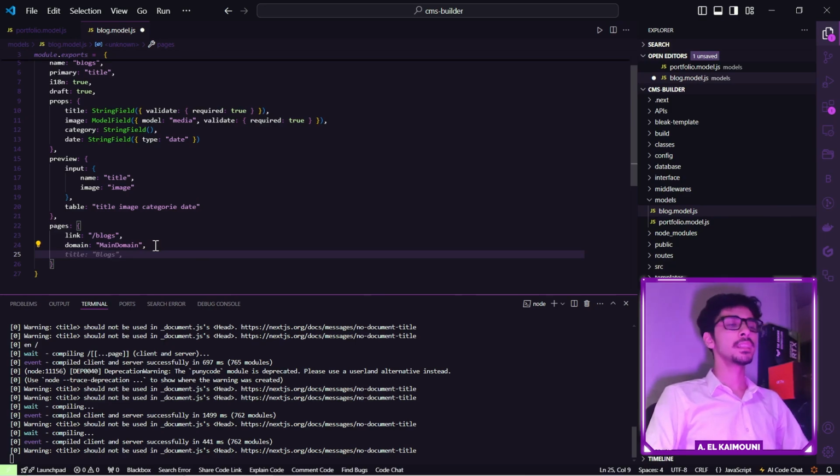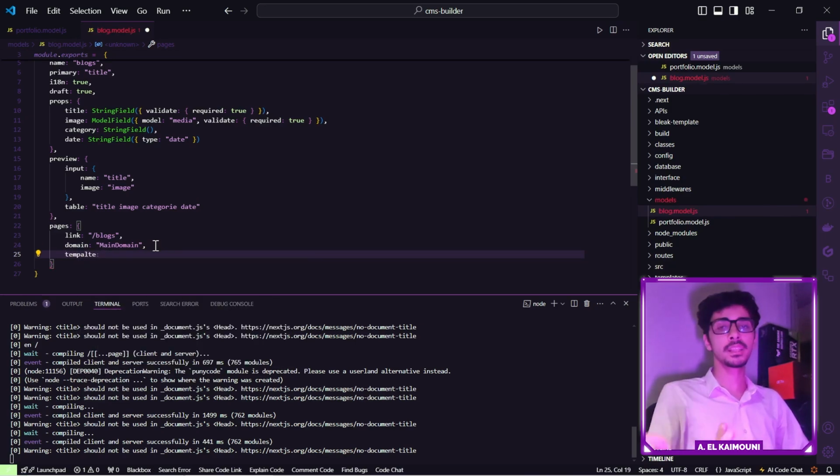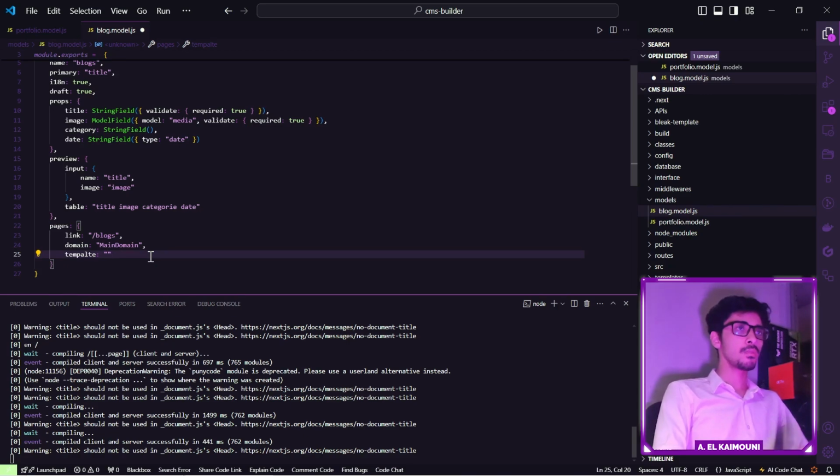And finally we need a template. So we have to create a template first. Basically the template defines the default components that this page will have when we create it. We're going to learn about it later, but for now let's specify a template